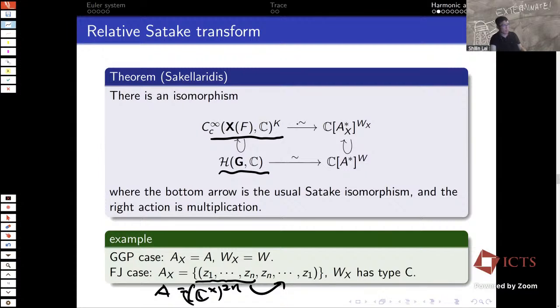So in the Fourier-Jacobi case, this function space is no longer free as a Hecke module, but it's a very concrete module. From now until the end of the talk, I'm going to focus on the GGP case, and I'm going to mention where the Fourier-Jacobi case differs. Focusing on the GGP case, in the paper where Yiannis proved this isomorphism, he